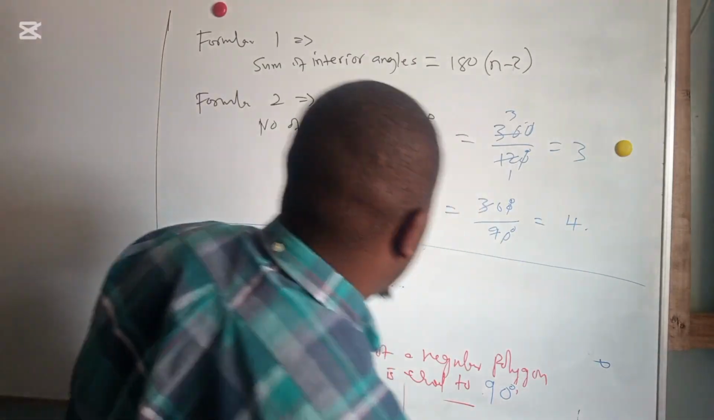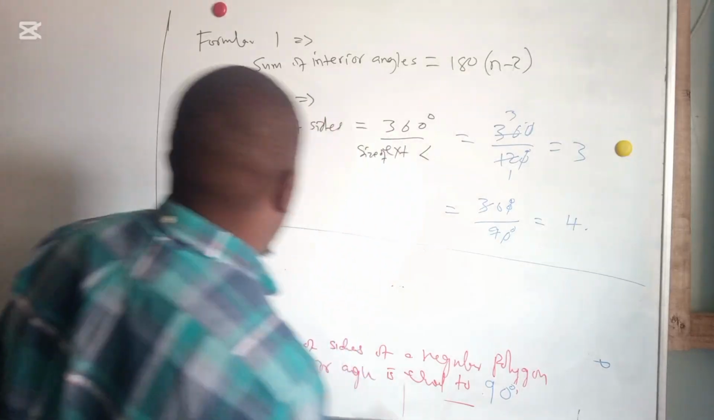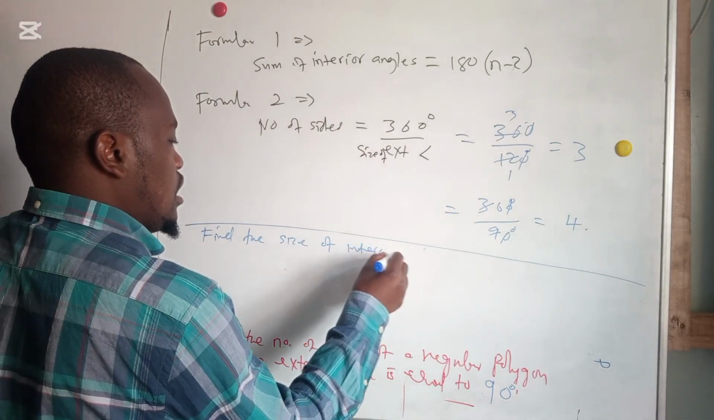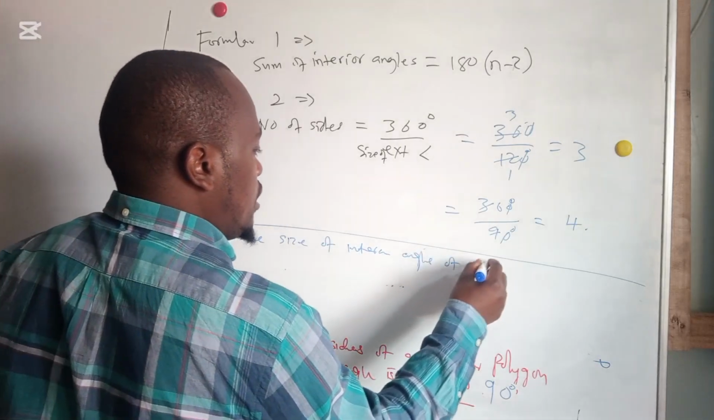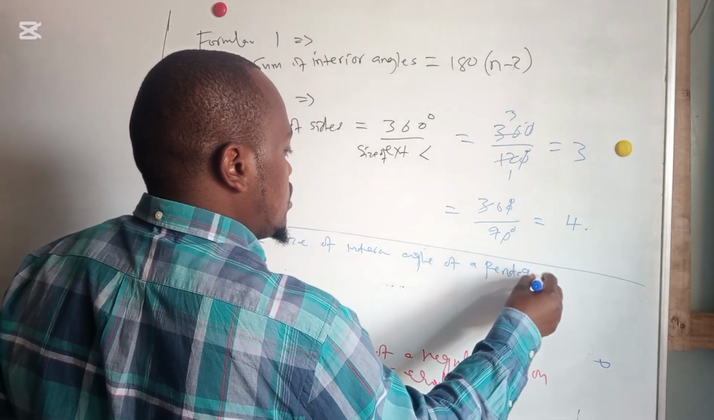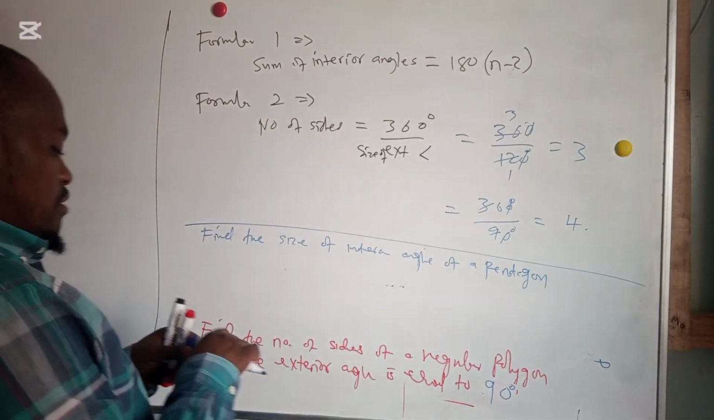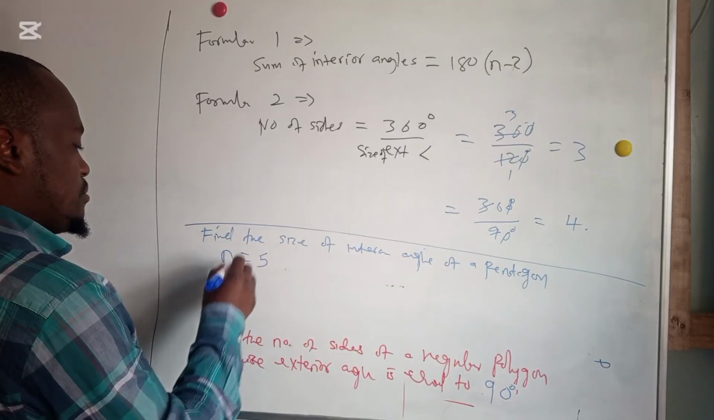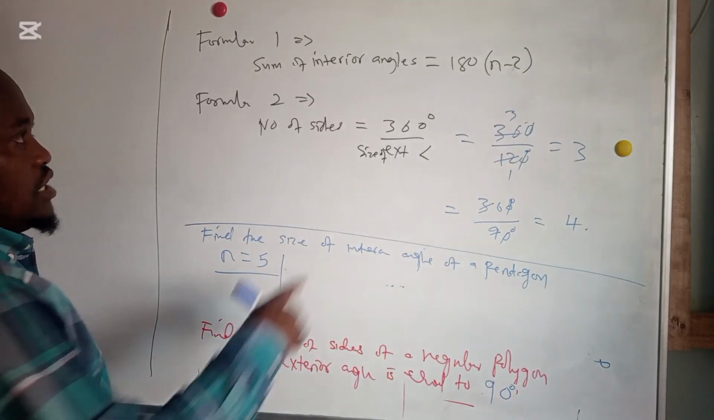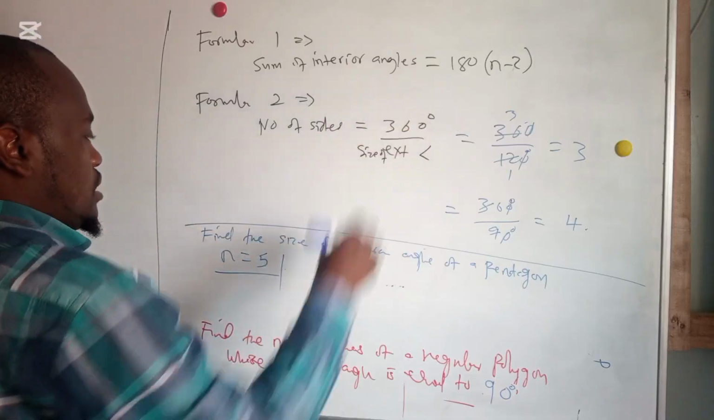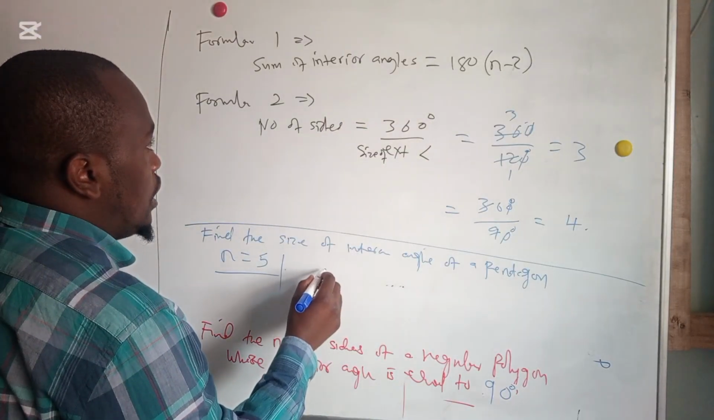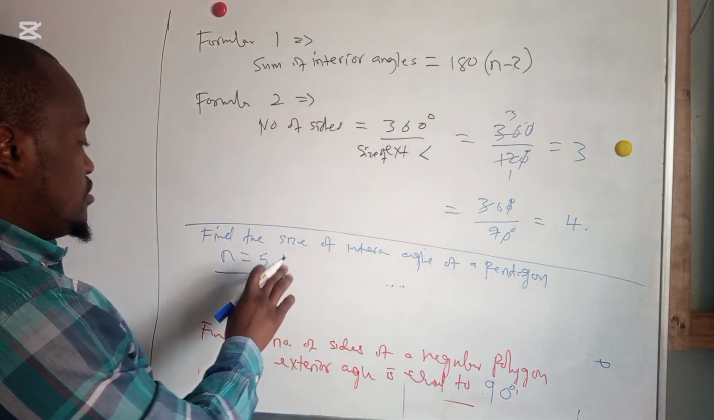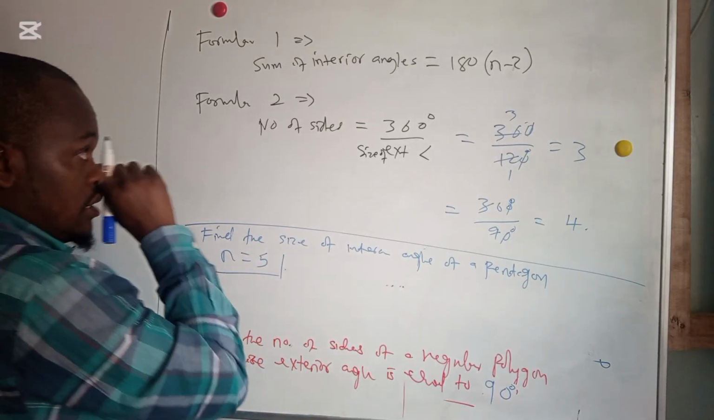Let us first find the size of the interior angle of a pentagon. And they have drawn it for you. However, what is important is the number of sides. So we know n is equal to 5. Here you can use either formula. For example, if you use this one, you need to know the number of sides and the sum of interior angles of this figure. So you are going to use